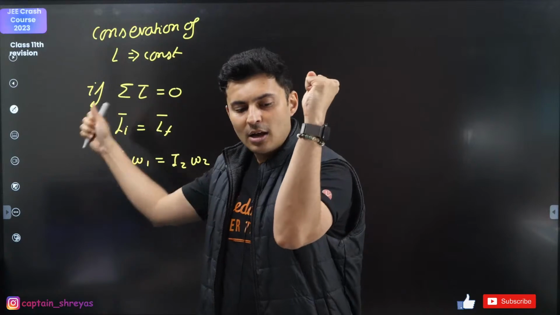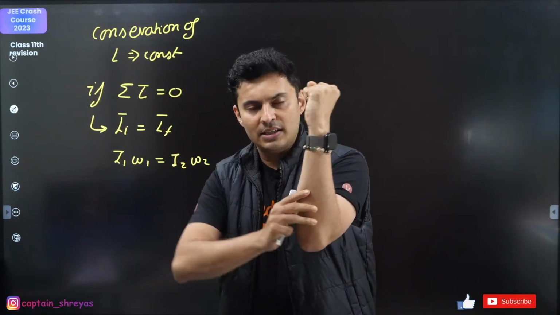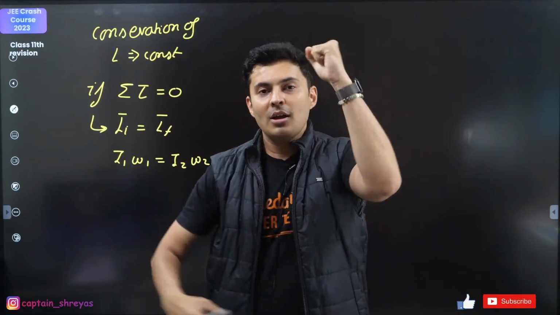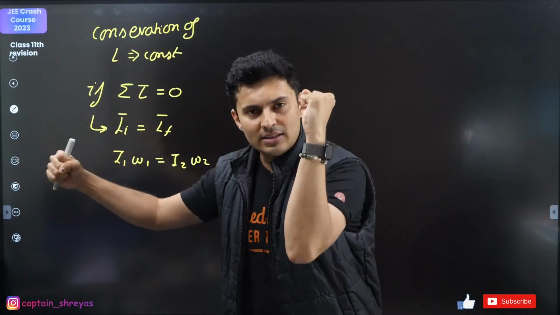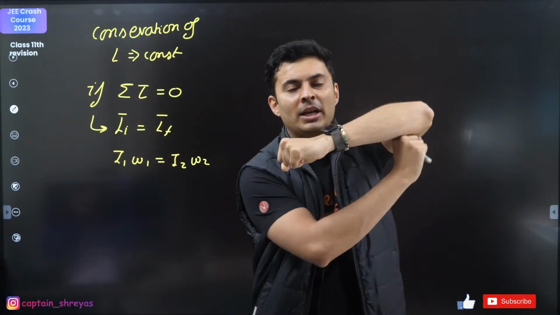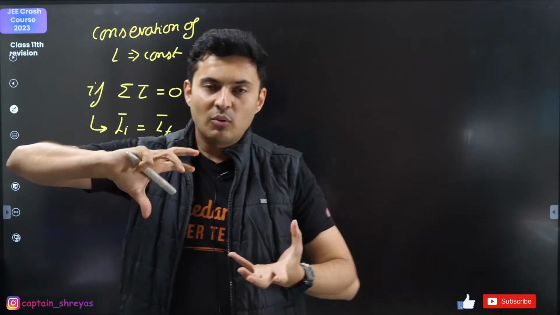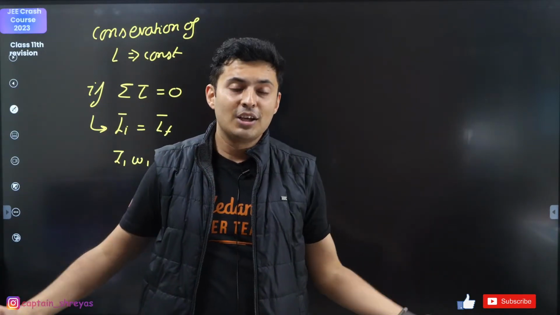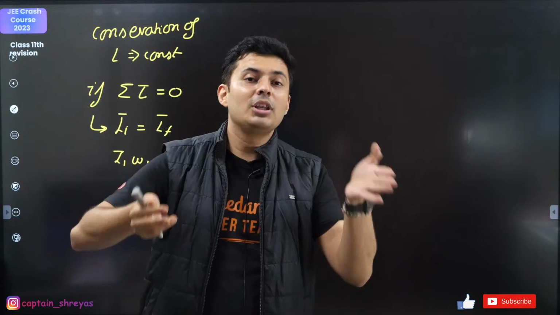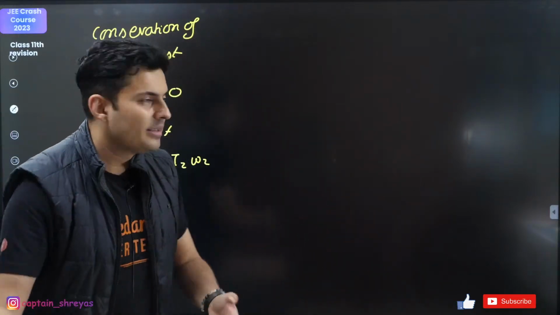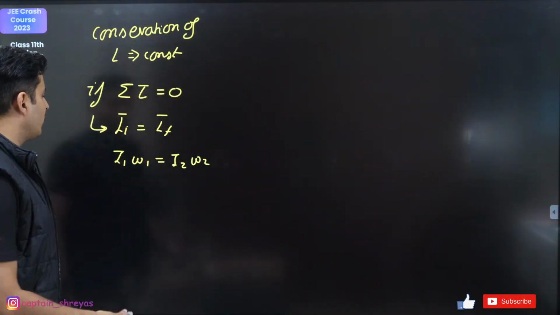These kinds of questions are based on conservation of angular momentum. A rod is there, a bullet strikes it, sticks to it, and both go together. Angular momentum of the bullet plus the rod is the final angular momentum of the system. A disc was rotating, suddenly the radius changed. So the new inertia will be different, so the new speed will also be different. All these are questions based on conservation of angular momentum.